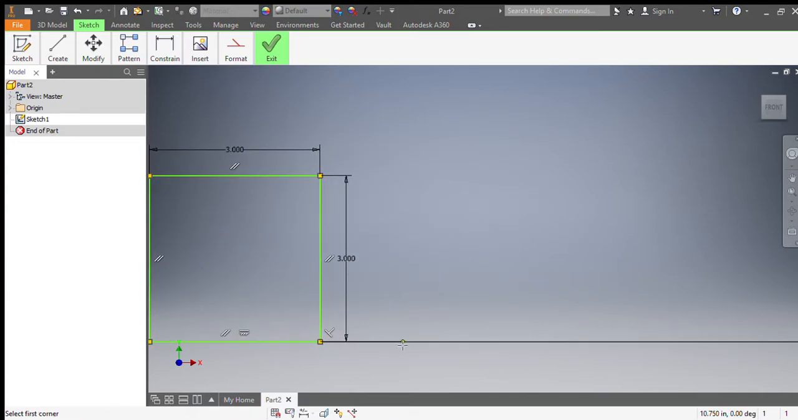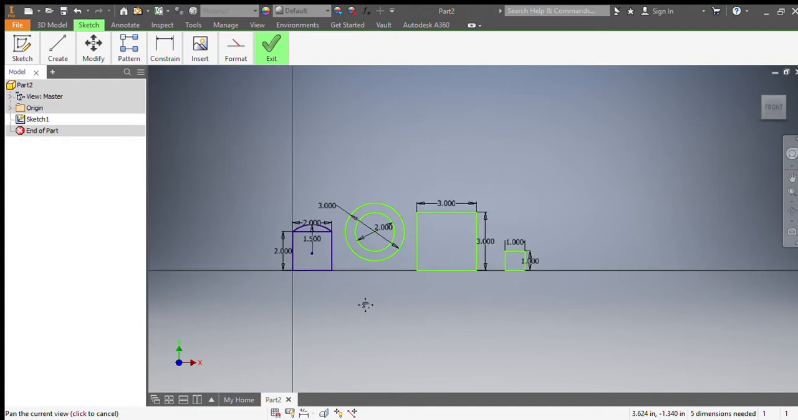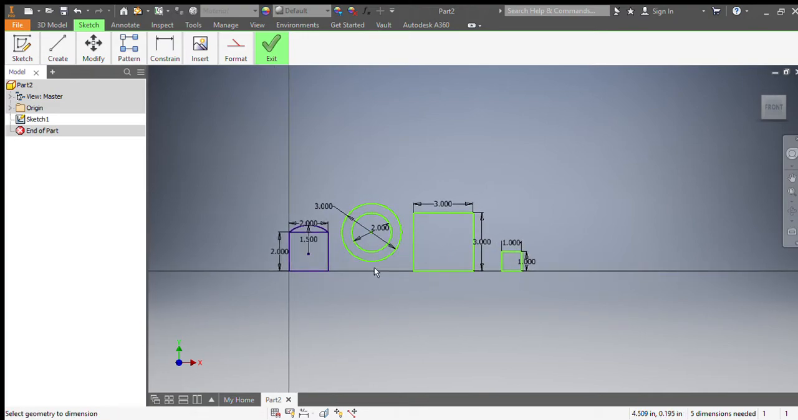Okay, let's try it again, and let's pretend I type in a 1 and accidentally hit enter before I do the other side. Okay, same thing. I'm going to come up here and get my dimension tool and click the line I want to dimension, then click to place the dimension, then edit the dimension. So there's a couple different ways you can change the size of your objects,